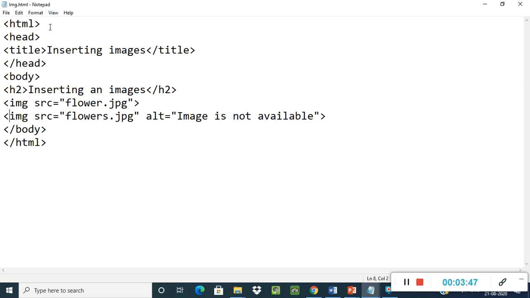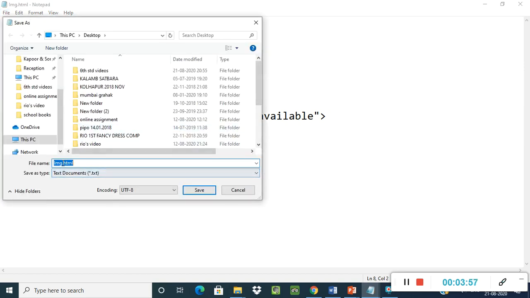First of all, you have to type this program in a notepad file. After typing this program, go to file and save this file. Give the name as image.html. In the previous video also I told you that you can put whatever name here, but the .html extension is very important.